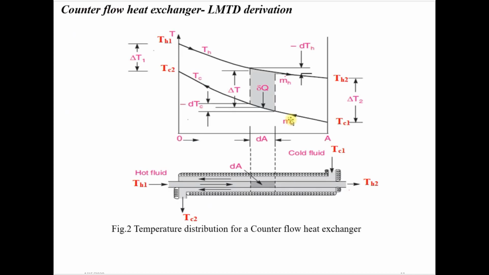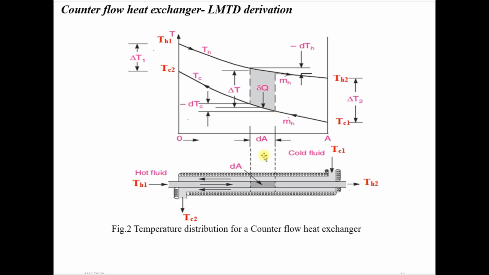Now we will see the counterflow heat exchanger LMTD derivation. The concept remains the same; the only difference is the direction of heat flow. The directions of hot fluid and cold fluid are opposite. Then Th1 and Th2 will be the inlet and outlet temperatures of the hot fluid, and Tc1 and Tc2 will be the temperatures of the cold fluid. If you see the direction here, Th1 to Th2, and the cold fluid, if you observe here, Tc1 to Tc2, is in the opposite direction. That is why the name counterflow heat exchanger is given.